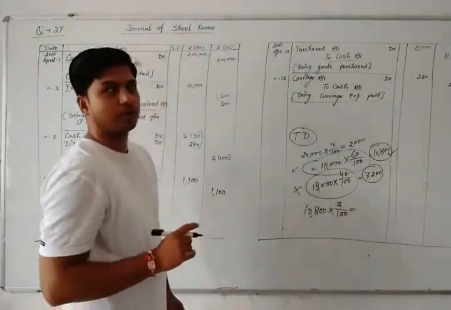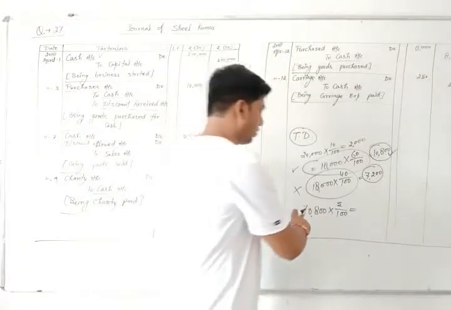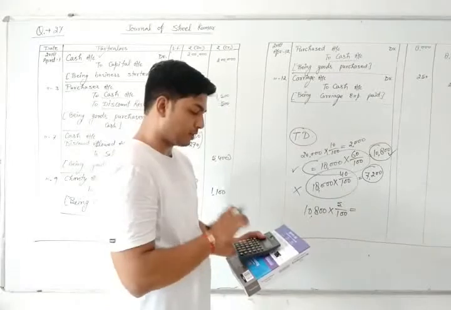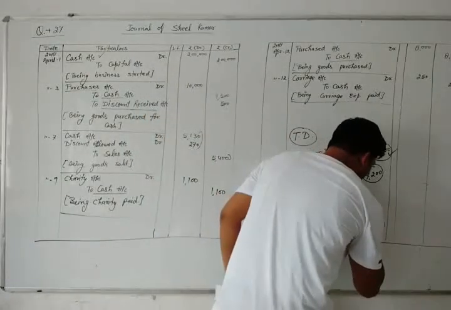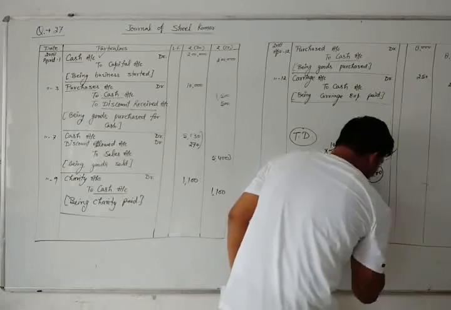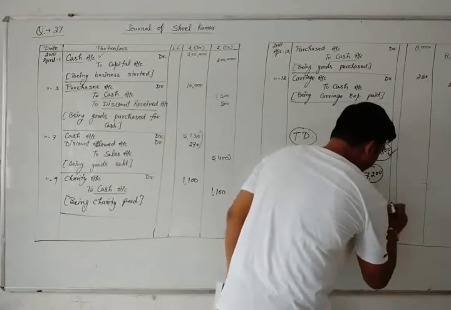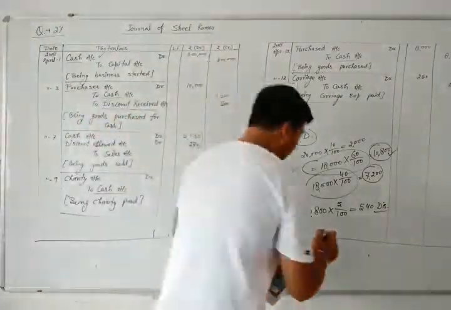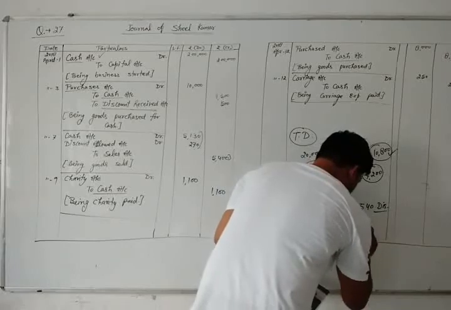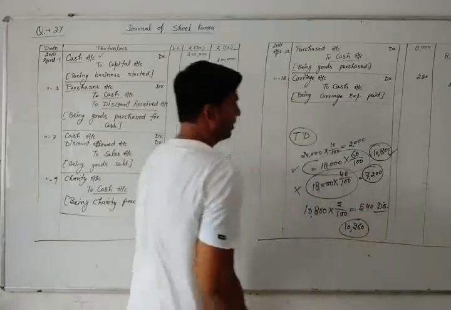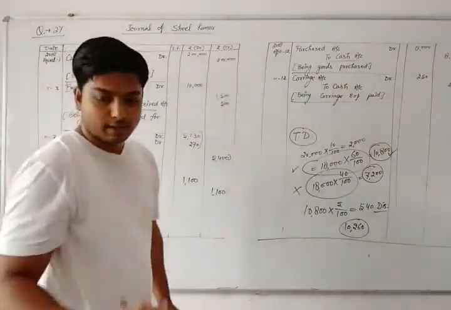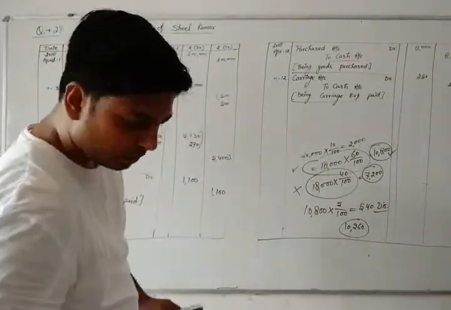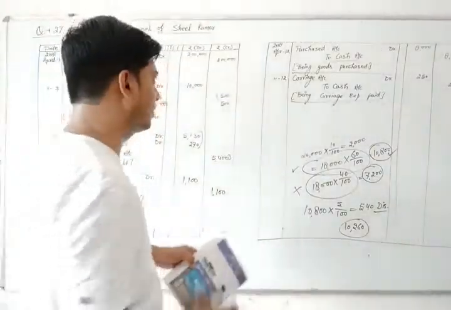So we are going to find out the 5% discount on the amount 10,800. So we have 10,800 into 5%, that is 540. So this 540 is our discount amount, and after deducting this discount from 10,800, we will finally pay or receive 10,260. So this is all about only the single entry that is given on date 15. So first of all, let's see the journal entry.